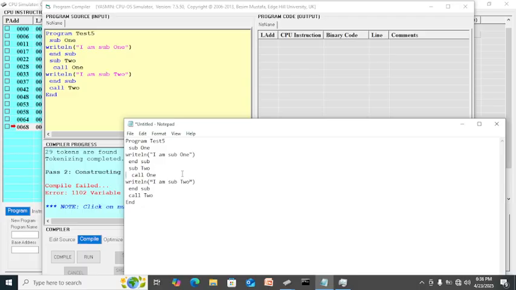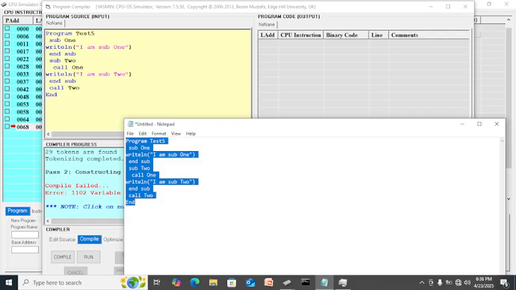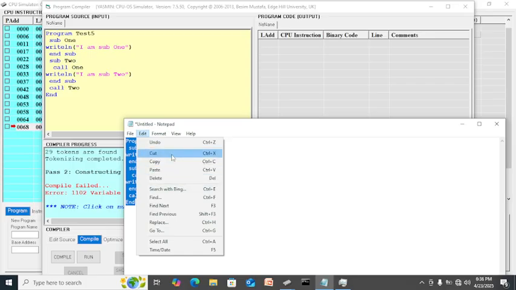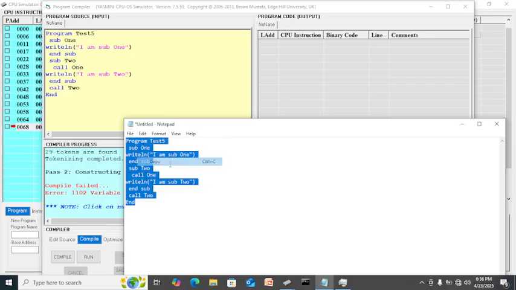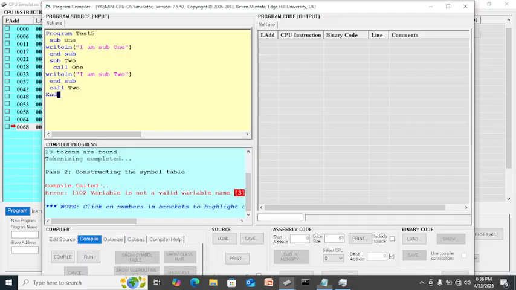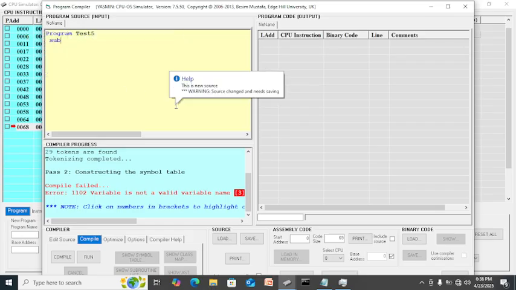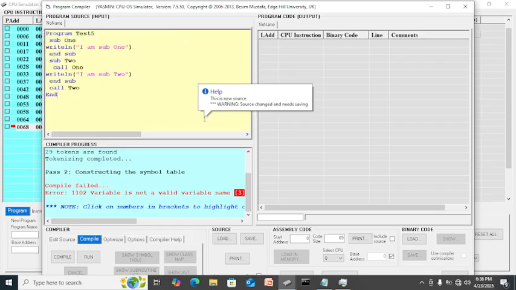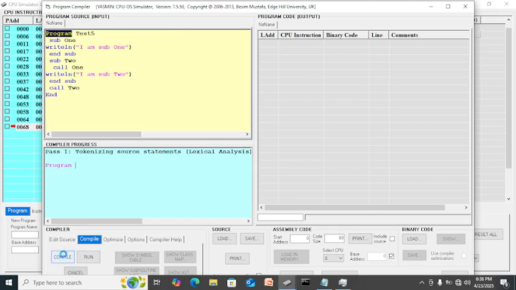After changing this code, copy. You can also cut if you don't want to copy. Then paste, so delete this one and override it. The same thing happens. Now compile this.